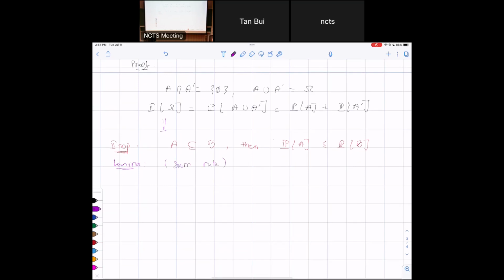What the sum rule says is the following: for any A, B in the sigma algebra, the probability of the union, these are two arbitrary sets now, is equal to the probability of each individual shape or the area